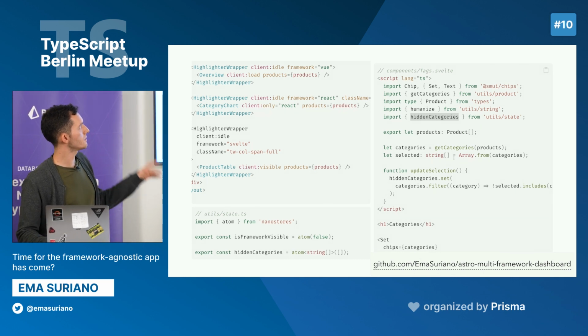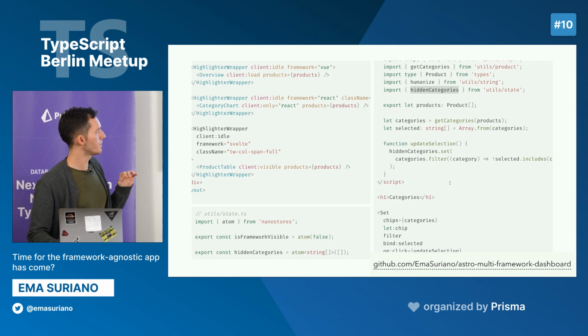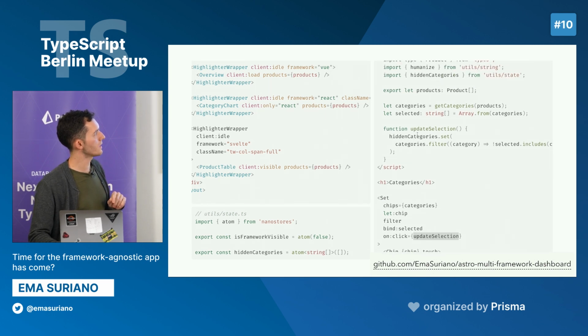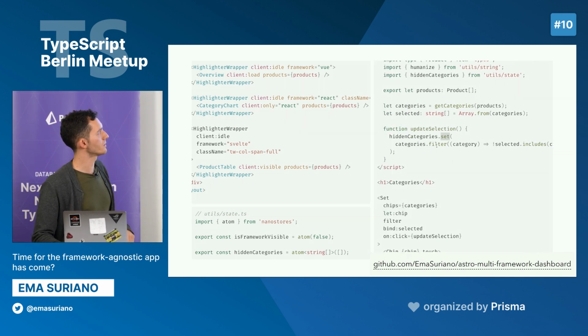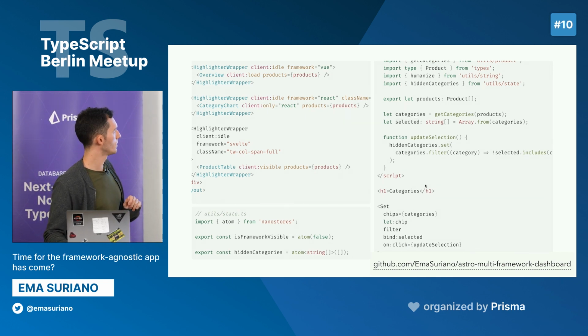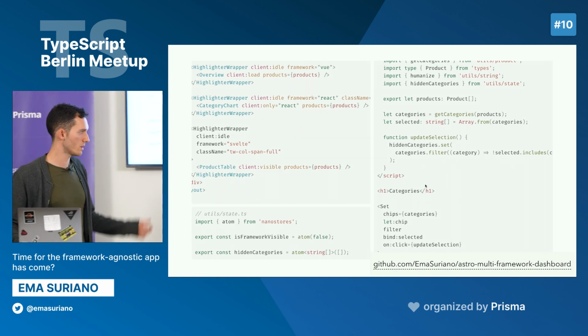And this is Svelte, by the way. It's kind of similar to Astro. But the idea is that here we have the render, there's the categories, and then when we click on it, this kind of has a bind on both sides. Then we're going to set the categories of our stores with the categories that are not selected in the component. And this has an internal state. And in case you want to check all the code, that's the GitHub. It's an open source project.